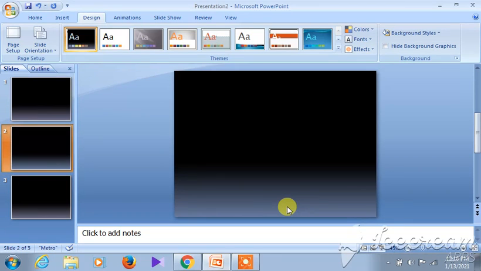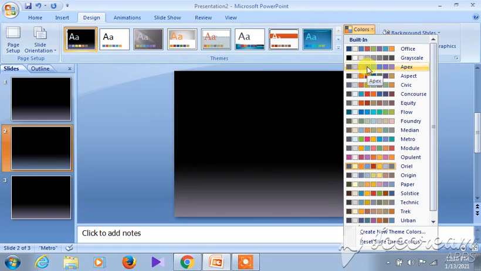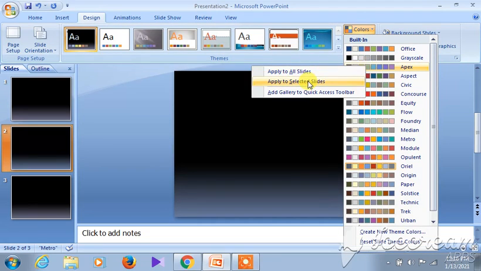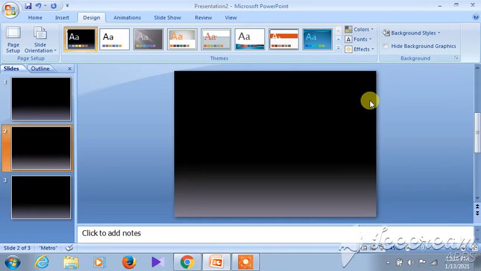So, what are themes? If that question is asked, what is the answer? Presentation software helps in preparing attractive presentations by providing various predefined designs known as presentation themes. That is a very nice answer. And where is it available? It is available under the Design tab and under the Themes group. And if you want to change the color of a particular slide, then right click on the color scheme, then Apply to Selected Slides. That is what we covered about the slide presentation and its themes.